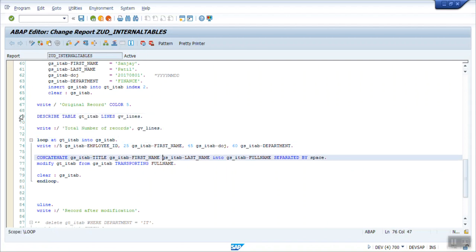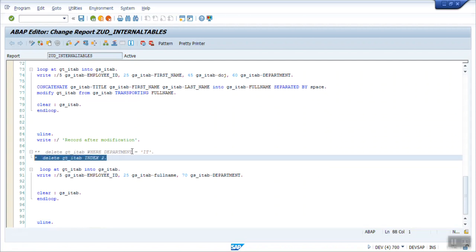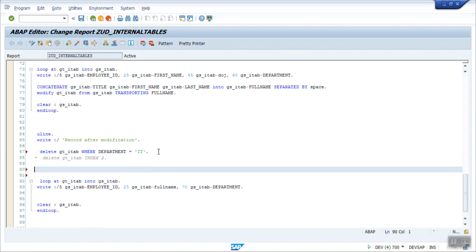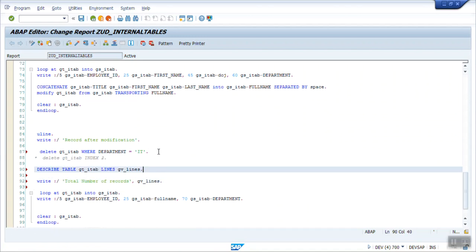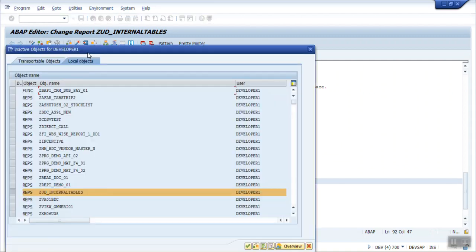Similarly, after modification, let's say we are deleting all the records with department IT. Then again we'll read the total number of lines and we'll print the number of records. Okay, activate,